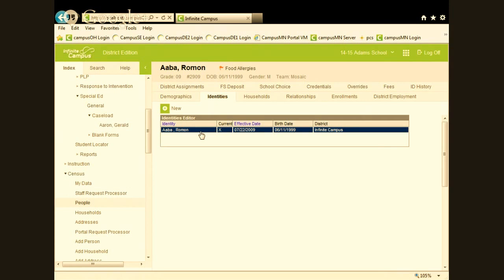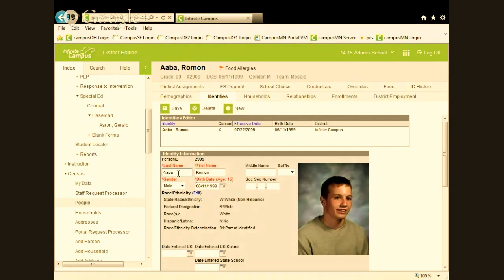We get rid of her student number, we'll track what you delete from that, and we make her a staff person. And then she gets married. Well, we don't just go in and wipe out Smith as her last name and give her a new one. We actually use the identity tab and we create a new last name. What that does is date the previous identity of this person, and then the new name, and it will automatically put the end date.